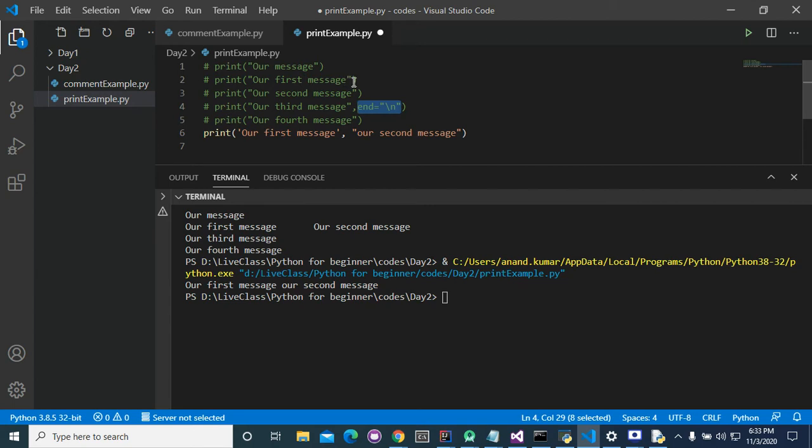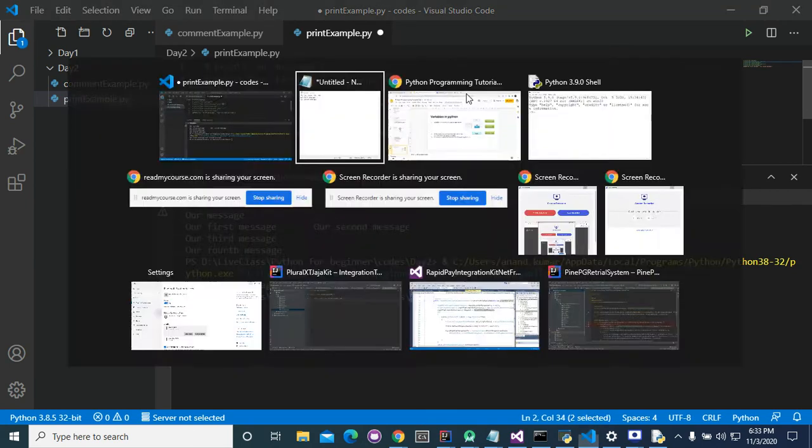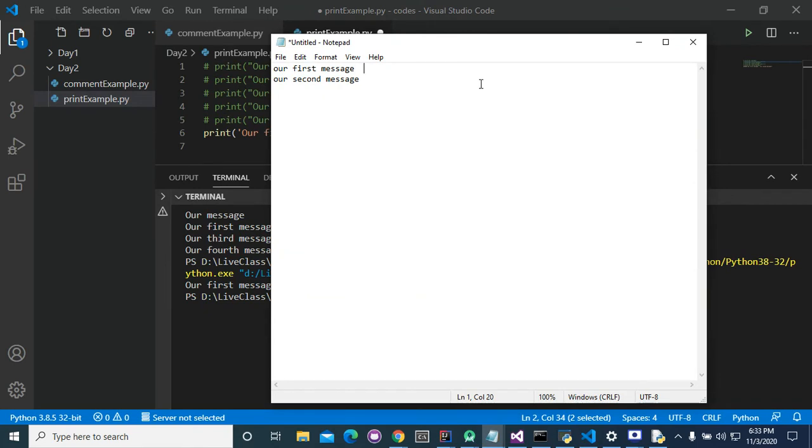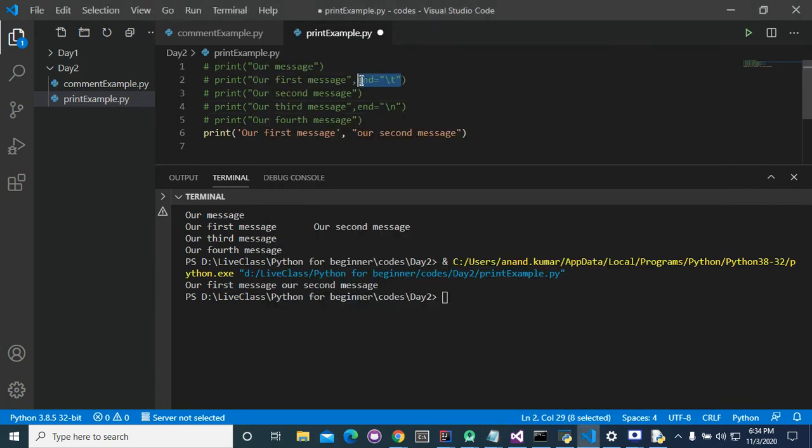I previously explained this, if you remember. This is a new tab character. I think understanding the new line character is difficult, but with the new tab character you can see the output. What will happen if I press tab? You can see how the cursor is moving. This is done by the new tab character.